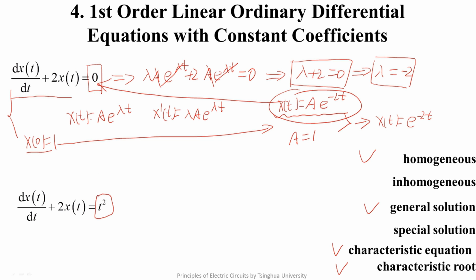Sometimes the right side of the equation has an expression with t. Such an equation is called an inhomogeneous equation. For inhomogeneous equations, because the differential equation is a linear equation, we can divide its solution into two parts. The first part is, and the second part is